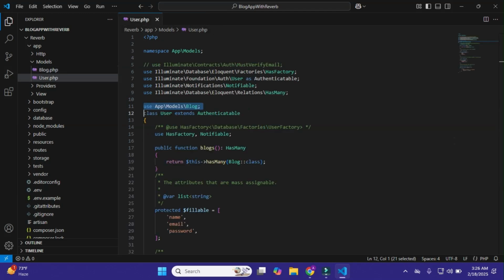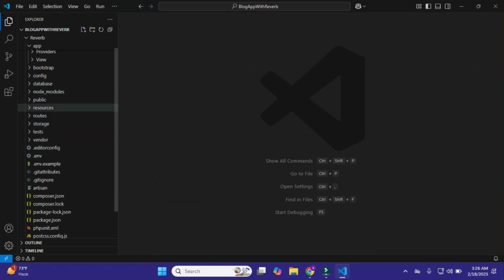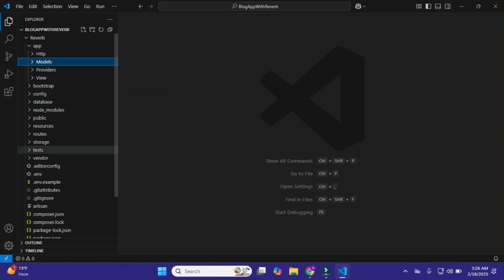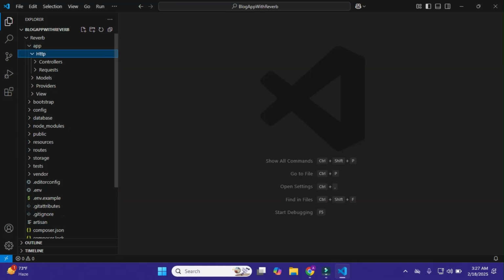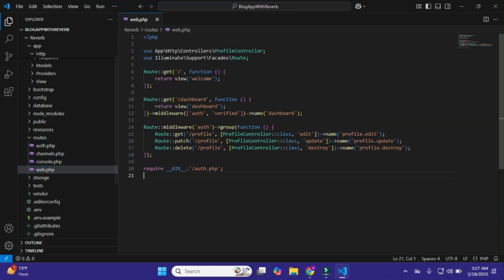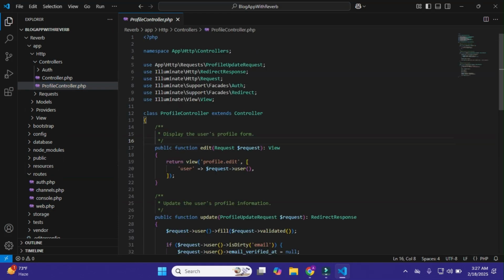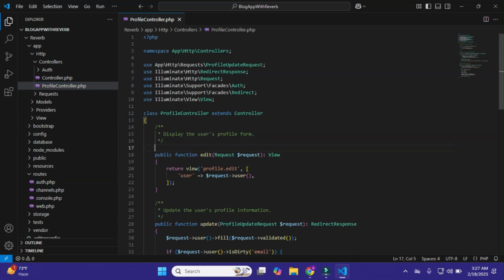Okay, so just close this, and now I'll come to my app HTTP controller. By default, as we installed Breeze in our project, I'll go to my ProfileController, and within this controller I'll define the function, and we don't need to create a separate controller.